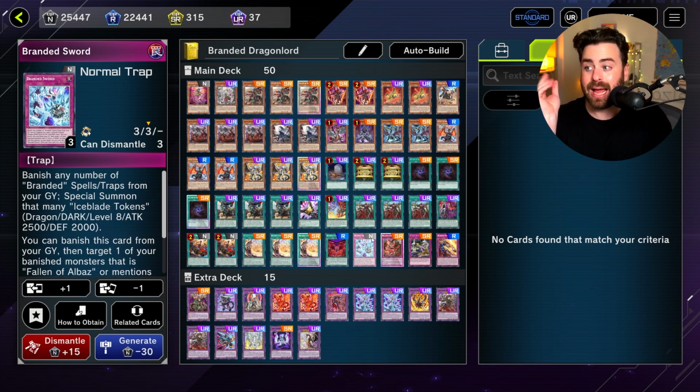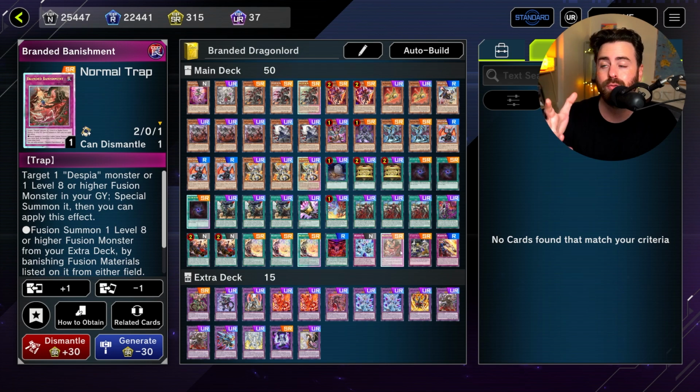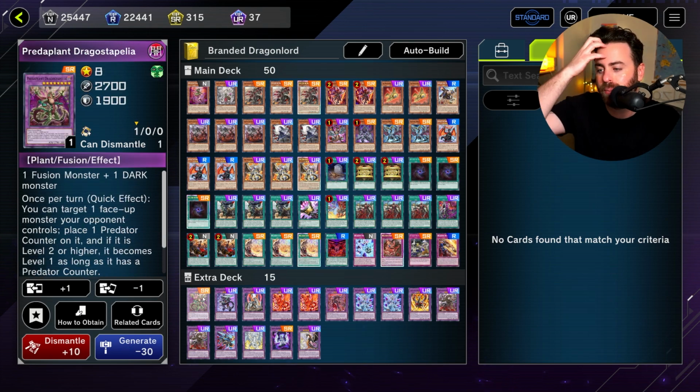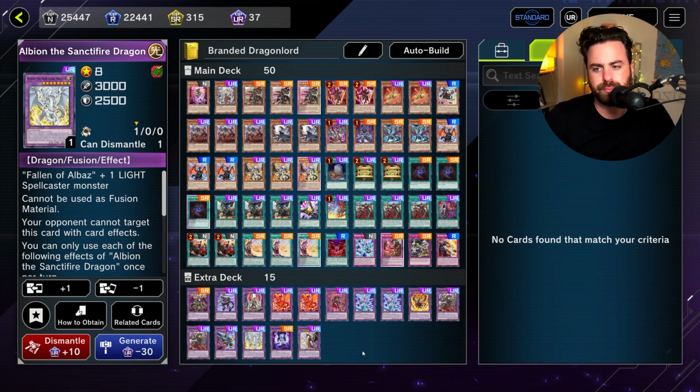Now, for that combo, you also need Branded Sword, which is great at reviving your materials from Banish, bringing it back to the hand. Branded Banishment, specifically for the Dragonlord, this card is the best way to bring it out, and also the easiest way. 1 Duplication and 1 Retribution. Extra deck is relatively standard. We do play Sanctifier, even though you could cut it because we don't play any lock cards. I do want to go into the replays, so take a look at how to use Light and Darkness Dragonlord